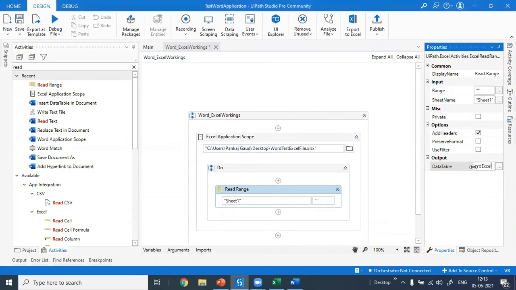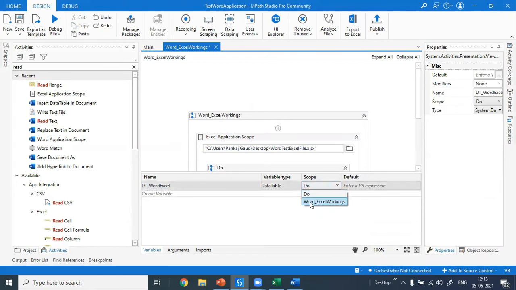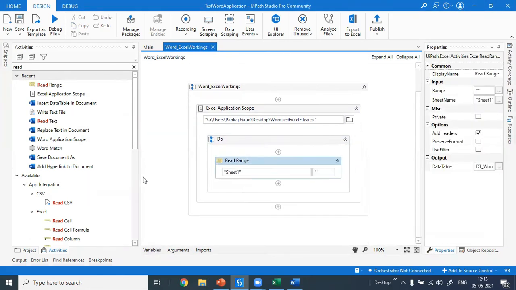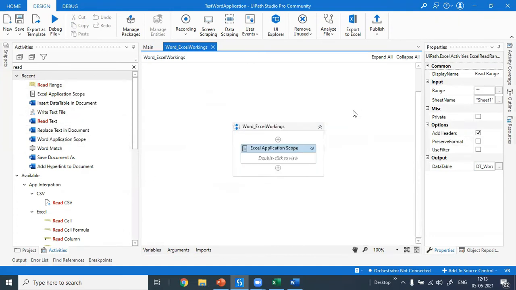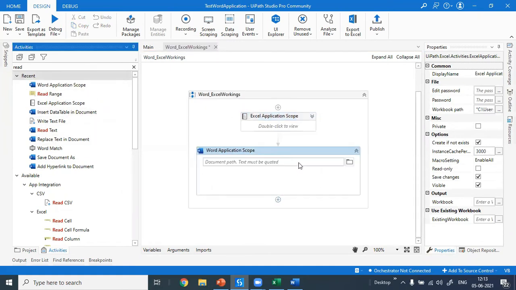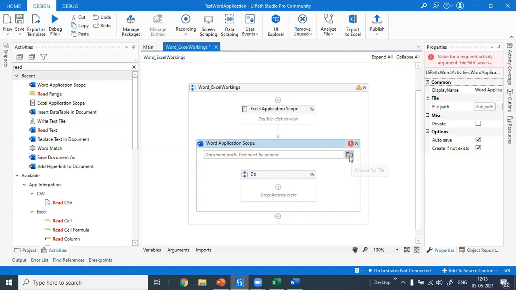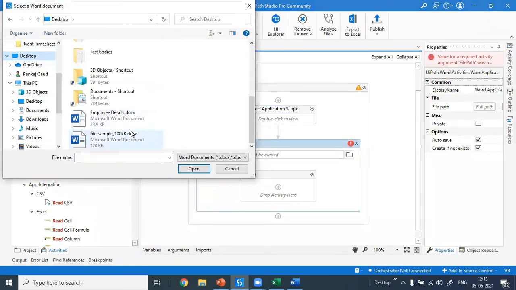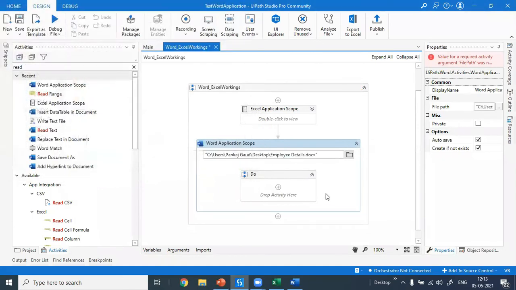Here you can see the integration between two applications: one is Excel, the second is Word, right? Whatever activities are there regarding Excel and Word, we need to add them in this sequence. First I have read the data present in the Excel, and then I will use the Word application scope to work with the Word file. Our Word file is employee details, so we have used this.